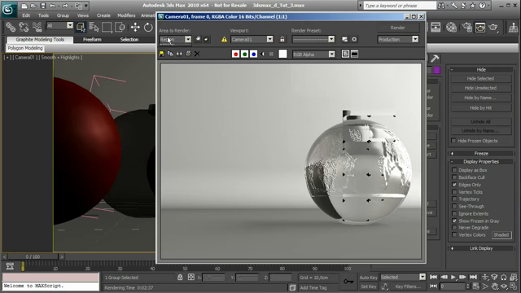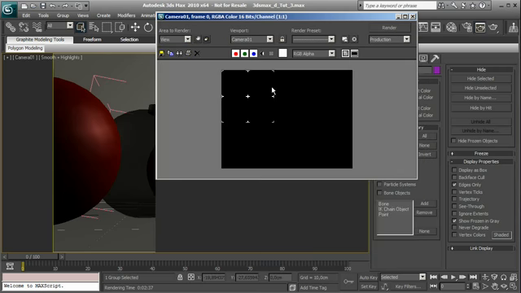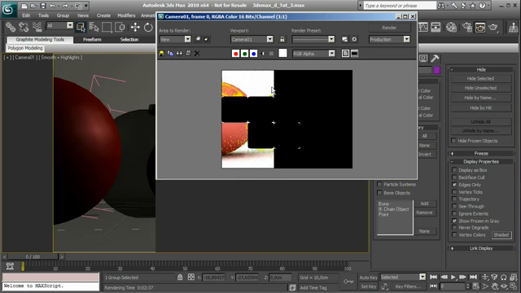So I open this rendering tool, I say area, hold the entire image, and we can make our first test using the global illumination,